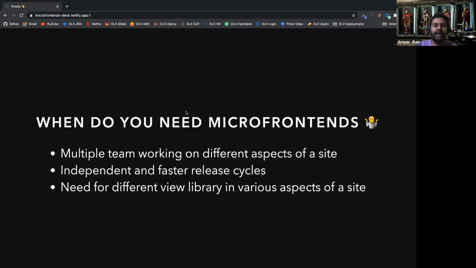Micro frontend is kind of a pattern. If it's done right, it will give you a lot of benefits. But if you mess up a little here and there, it's not going to help you. It's just going to add another burden on your hands that you have to maintain.